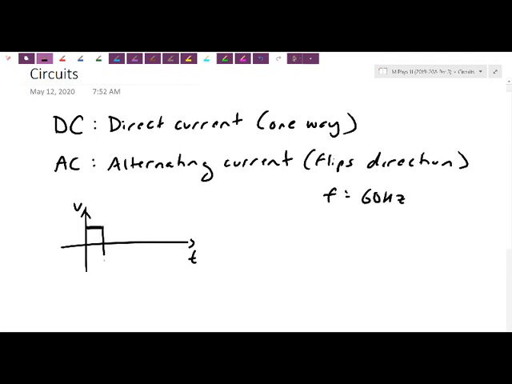The alternating current flips, so now it's negative voltage, then positive, then negative. That's what's actually coming out of the wall sockets. By running it through a device called a rectifier or a diode, it only lets current go through one direction. So let's say I hook up a diode, a one-way gate, and basically what's going to happen